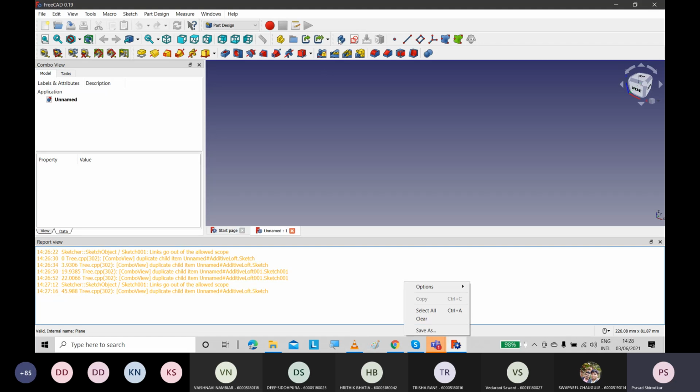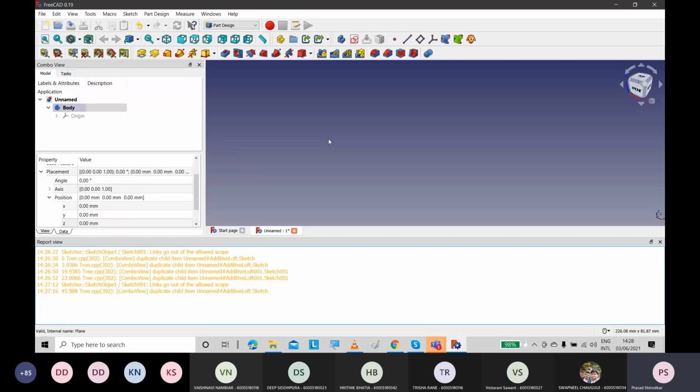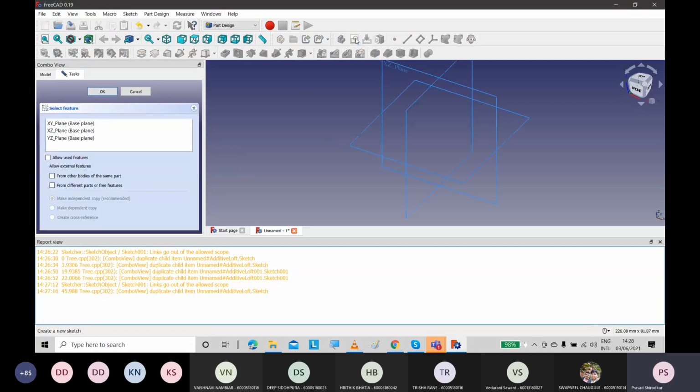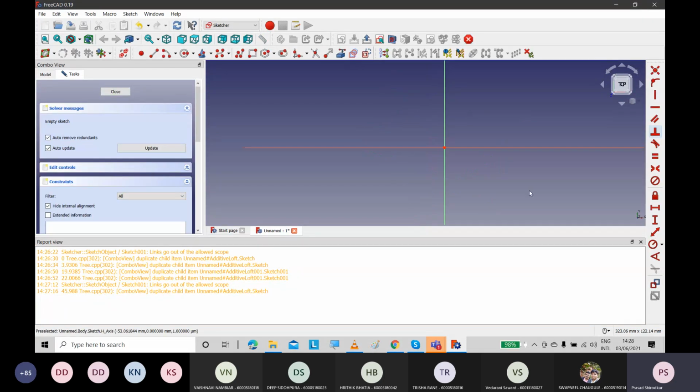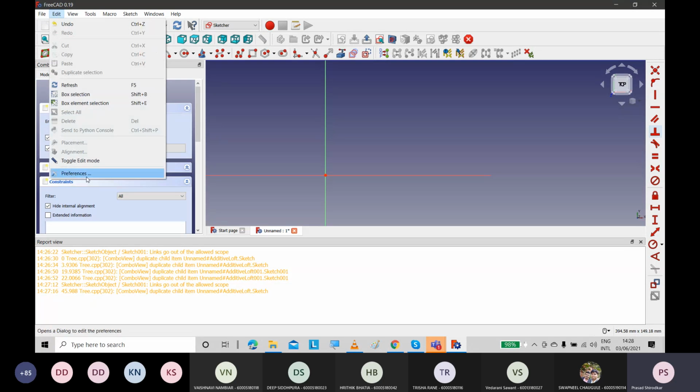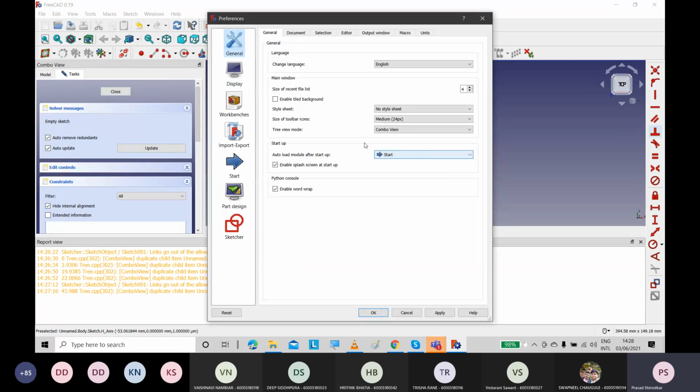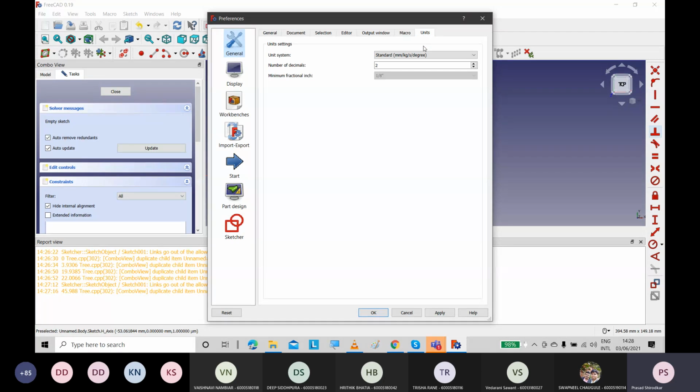Right, so again go to click on body and select create sketch, and let's create it on XY plane. And I'm going to use the polyline to create a sketch. And okay, now here go to edit and go to preferences, and here go to the units tab, and from